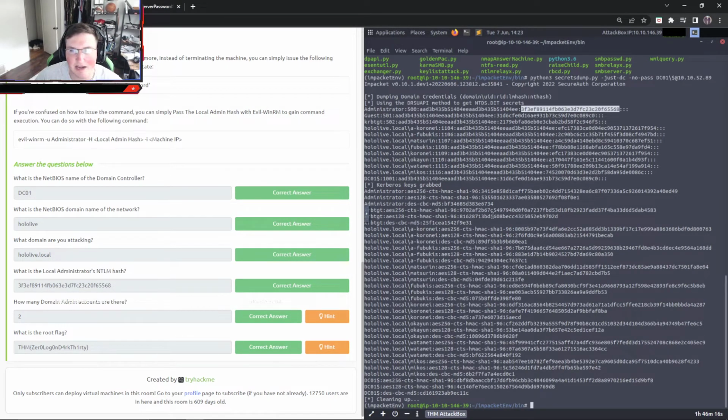Now, how many domain admin accounts are there? This is just a guess. I'll tell you guys now, I don't like the way they worded that, because this is not how a lot of places are going to necessarily do it. But you can see here, there are different accounts, and there are only 2 with an A in front of them. That probably stands for admin. So there's 2. That's a guess based on their format. Just because it has an A on it doesn't necessarily mean it's an admin. We're assuming it is. But if you go attack or pen test a regular enterprise company, they may not have that.